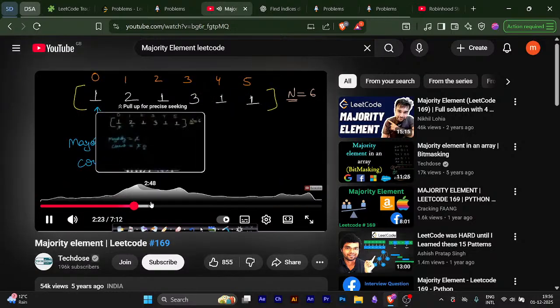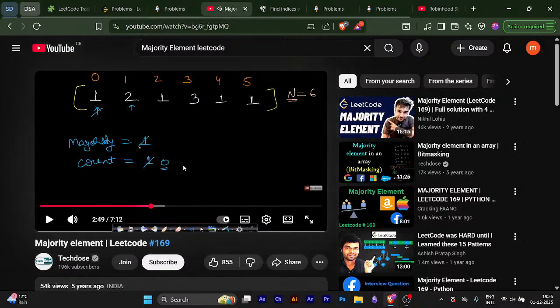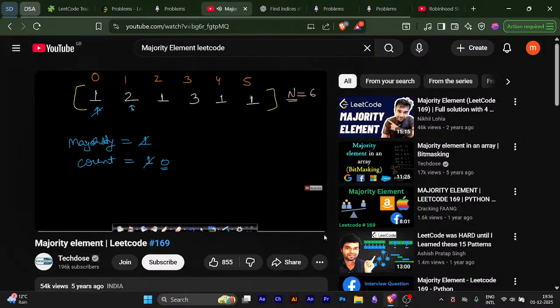Now we will iterate for the rest of the elements and reassign the majority element. So we will assume that this 2 is now the majority element, and we